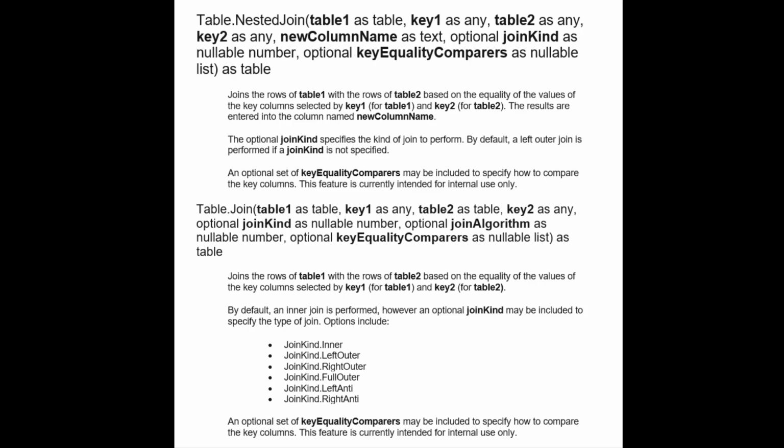So this looks very similar, but there's two main differences. The first difference is that we haven't got the column name. The second difference is that after join kind, which will be left outer, we have another optional join algorithm. So what is join algorithm? There's nothing in the help page to tell me anything about it, but there's another way that I can look at this. So if I go back,